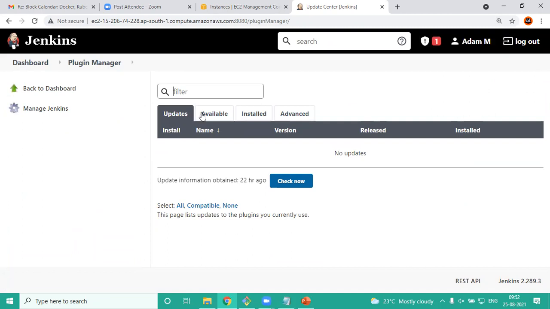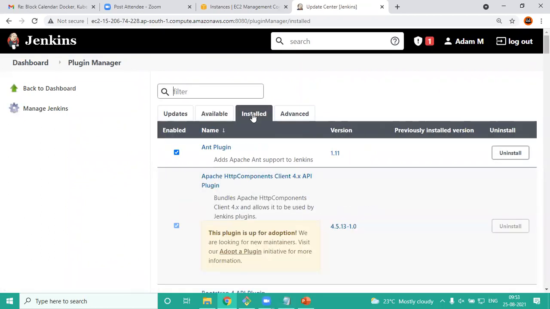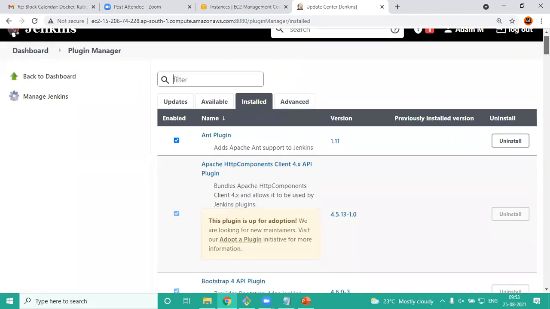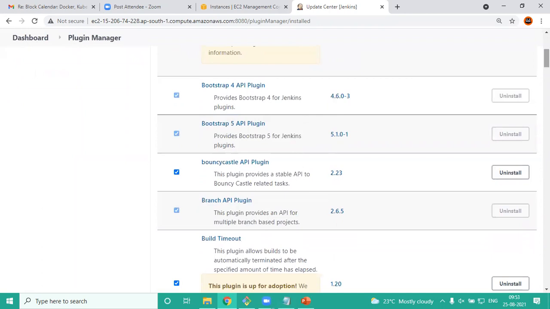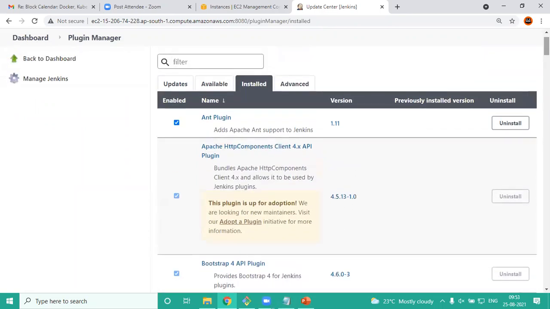Okay. So here you can see there are different tabs available, out of which when you go to this installed tab, you will be able to see what are the plugins which are already installed. So you can see there are some plugins already listed. This is because yesterday when we did the suggested plugins installation, all these default plugins have been already installed as part of the suggested plugins list. Okay. Now, other than that, if you want to install a new plugin,